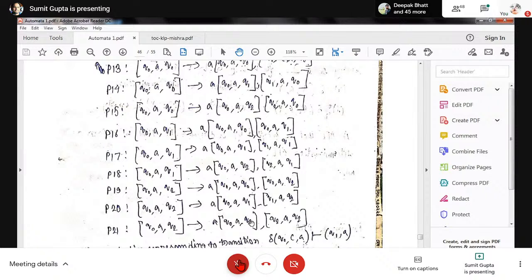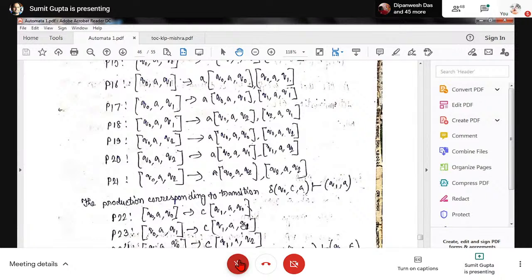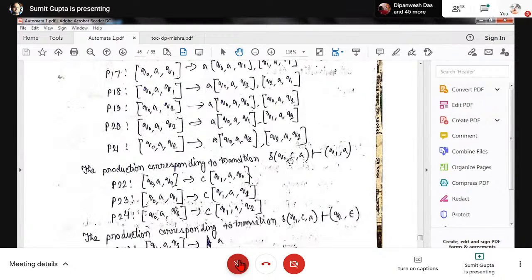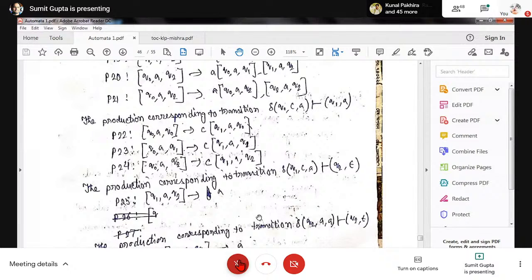Yes sir. Similarly you have to do this for all of them. The next step is Q0 CA will give Q1A. Q0 CA will give Q1A, from here you will get three, again Q0 Q1 Q2. C stays outside, and Q1 A Q0 A Q1 A Q2, then Q1 CA gives Q2 epsilon. From here what will come, Q1 A Q2 gives A only A, because that was the concept of rule number